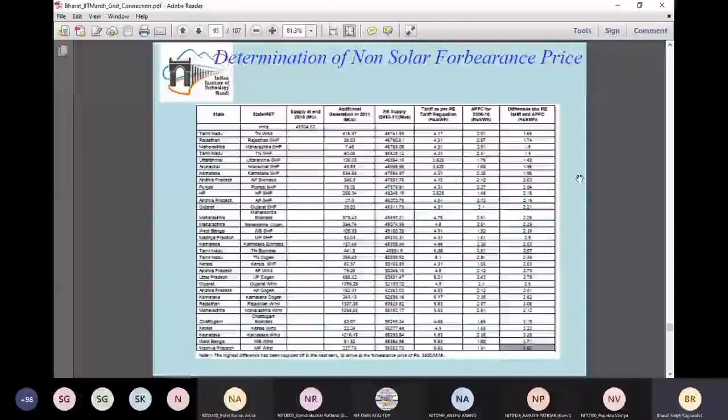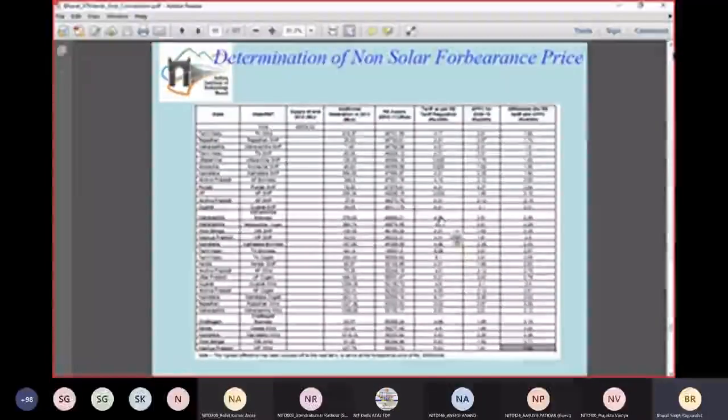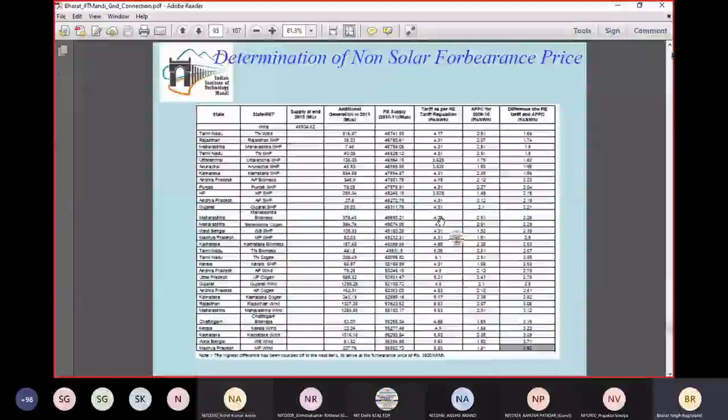Then we are saying that all sources above Karnataka wind are going to make a profit more than the feasibility if they produce and get a floor price as per the renewable energy certificate mechanism. Below Karnataka wind in this table, if they go for the REC mechanism, they will either get just the feasibility or make a loss. So they may go only to the preferential tariff mechanism. It is up to them. But overall, this is the way by which we are deciding the floor price of the renewable energy certificate.